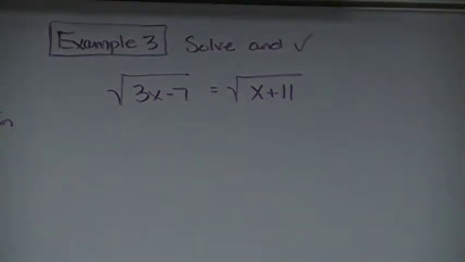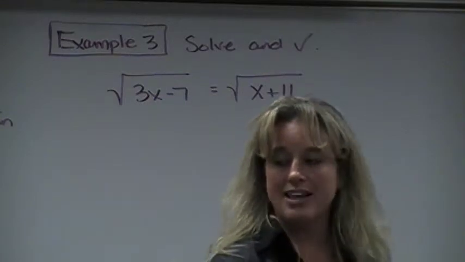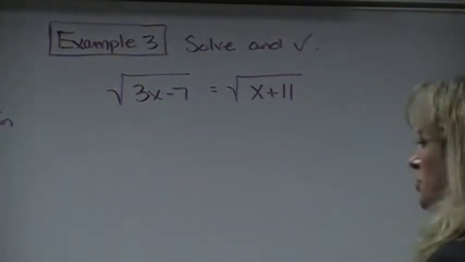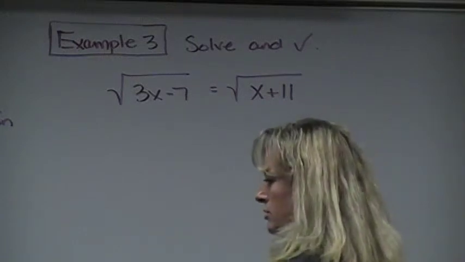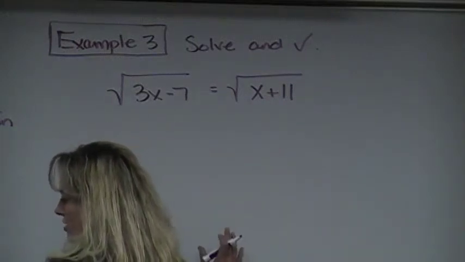Class, what's different about this one? There are two radicals. Sometimes you might have to isolate two separate radicals, but what do you notice about anything outside either one of the radicals? Nothing. So, do we have to worry about step one at all? No, because there's nothing I have to get rid of outside of either one of the radicals,